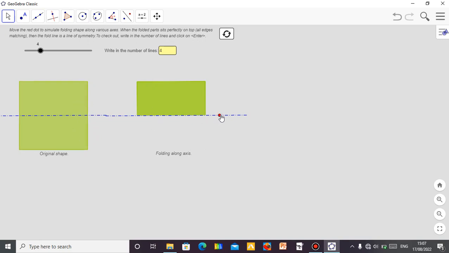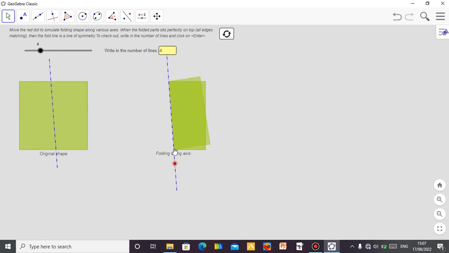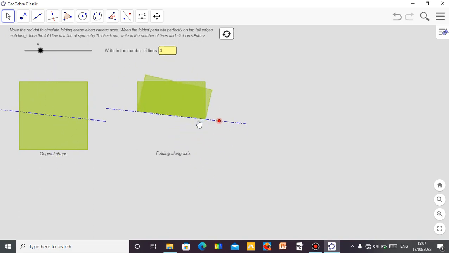You can see this red dot has helped us to check it. So this is another one. Then the vertex, this is another one. You can see this is a mirror of the other part. This side is a mirror of this side, just like that. If you check here,